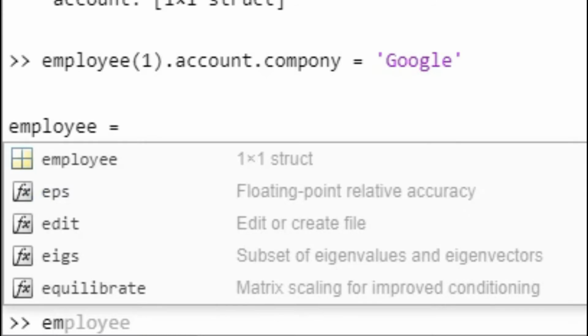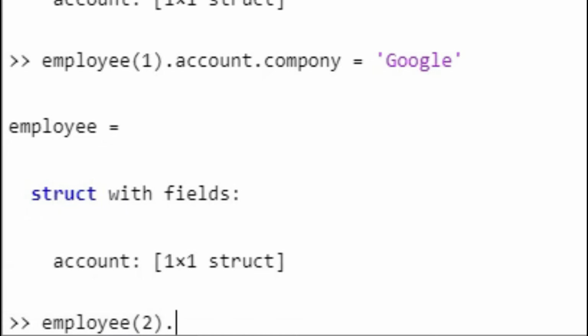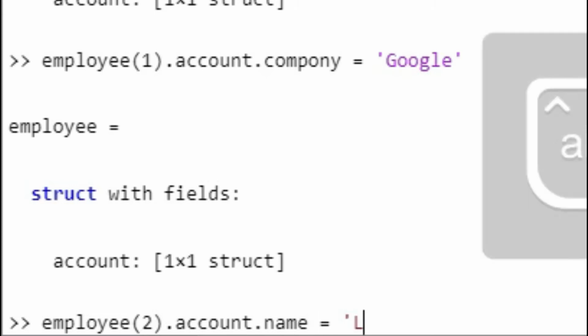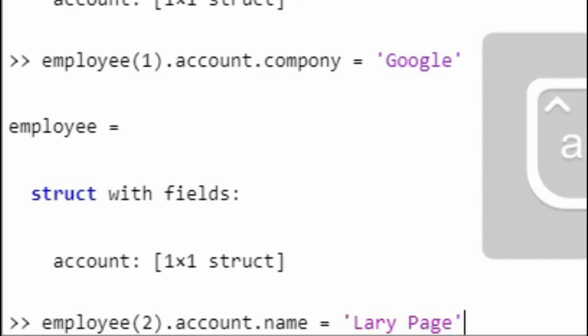Now let's try employee2.account.name. Now we are storing information about employee 2. Suppose employee 2 is Larry Page, so Larry Page, enter.